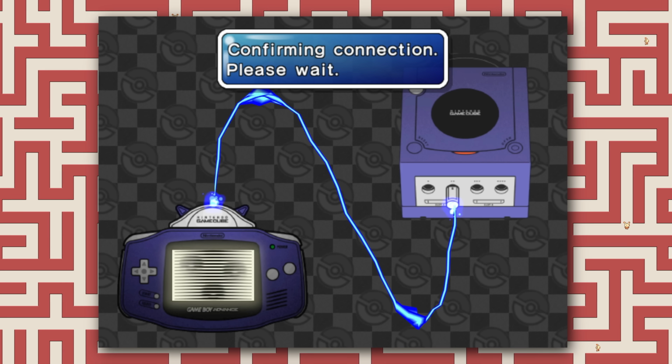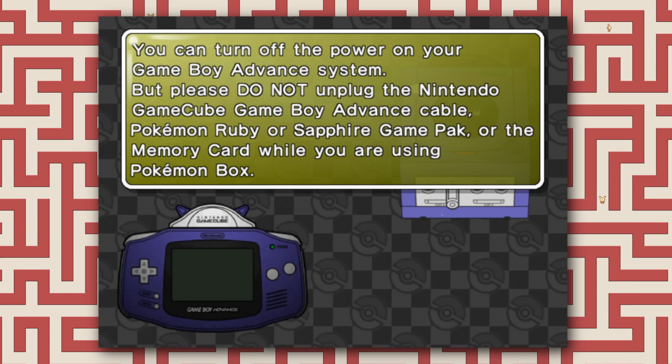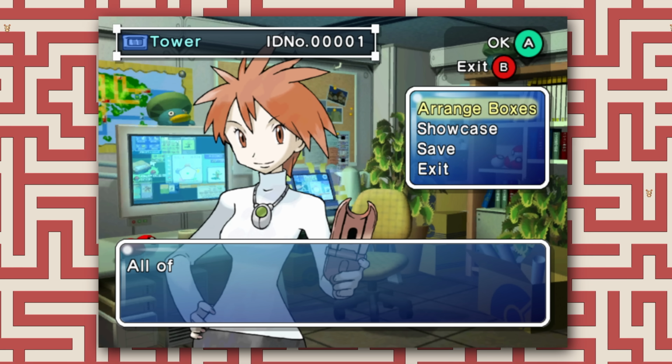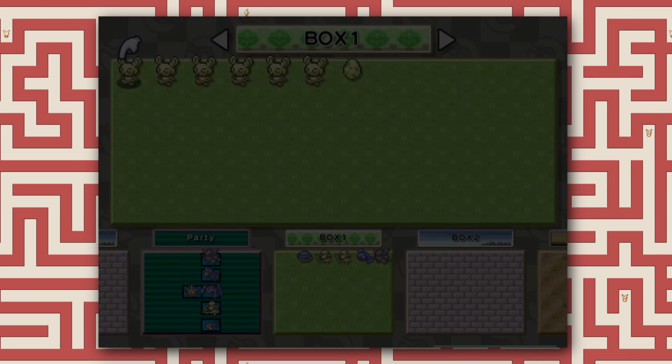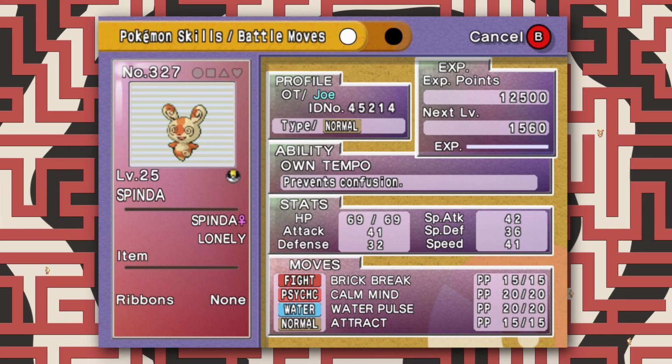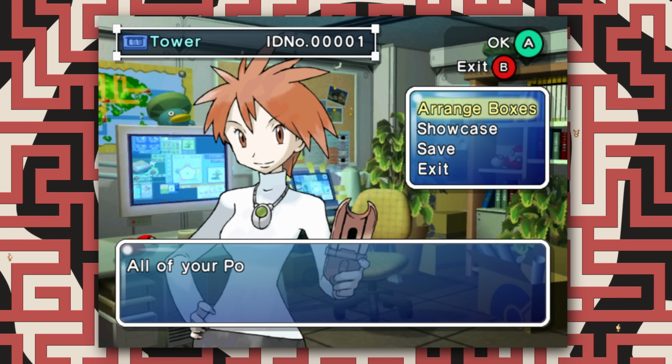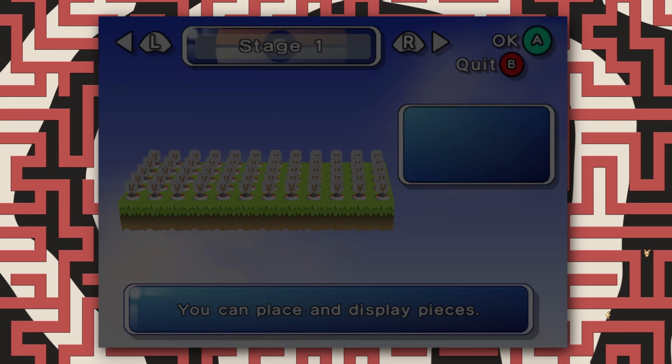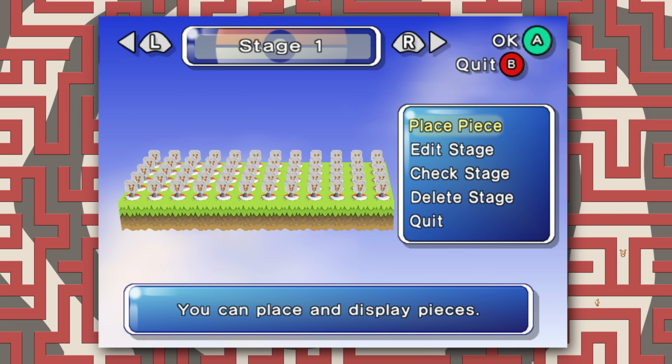But if you thought we were done with Gen 3, think again, because there are at least 2 more games for the GameCube we need to talk about, the first being Pokémon Box. This proto-bank doesn't offer much in terms of gameplay. All you can really do is store a bunch of Pokémon from other games and play Ruby and Sapphire on the TV. But there's also a little feature where you can assemble sprites on a stage and show off the